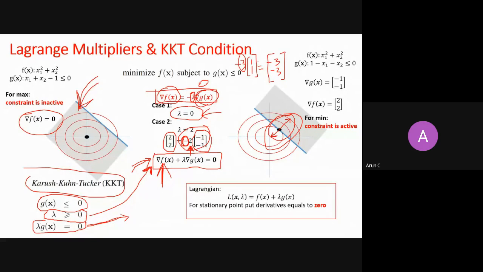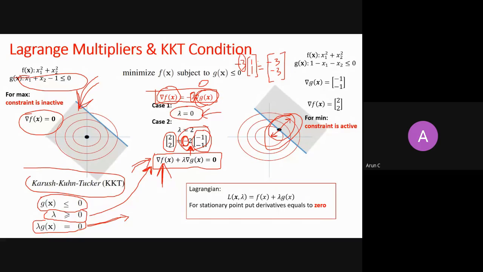Let's say now my second case. When lambda is not 0, it means my constraints are active. If my constraints are active, then this g(x) is always less than or equal to 0. But if I say that my constraints are active and g(x) is always less than 0, then my solution is definitely at the boundary, and the boundary says that g(x) is equal to 0. So that's why this slackness condition holds. It says either lambda is 0, meaning constraints are inactive, or if constraints are active, then my solution will be at the boundary, and the boundary says that g(x) equals 0, right? So this third condition is important.